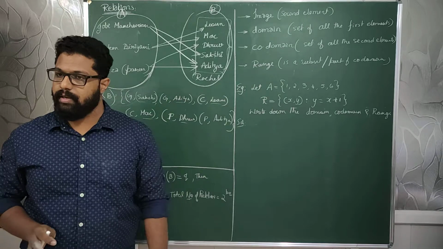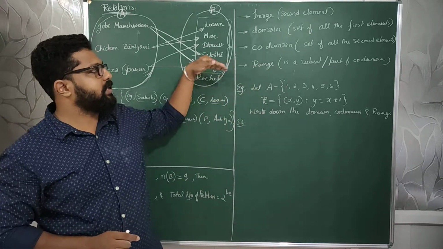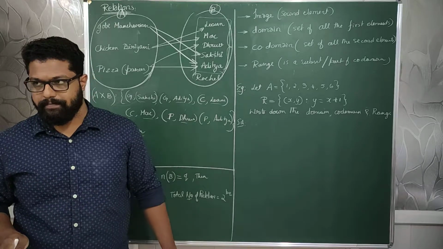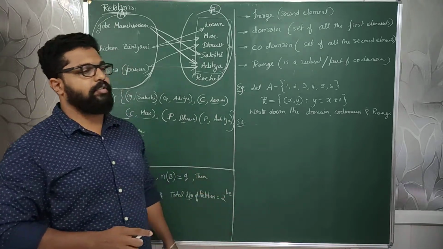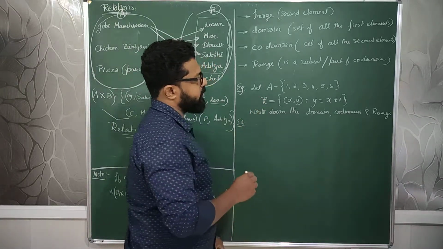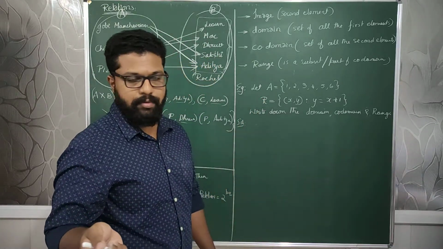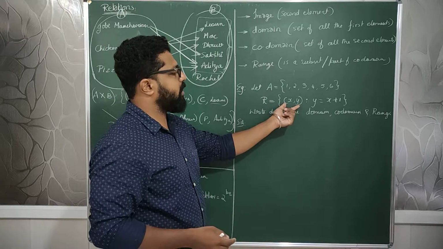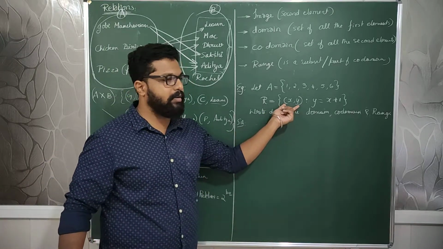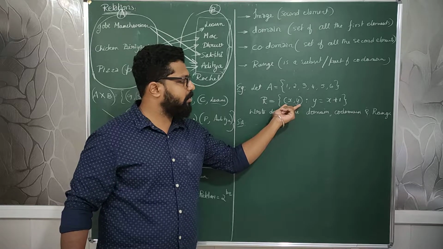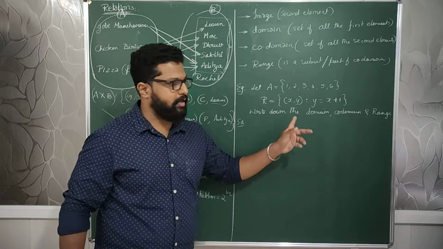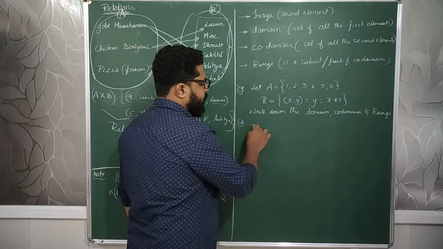That's it. Clear? So this is the basic understanding of relation, image, domain, codomain, and range. We will solve a problem in order to understand it better. To go through this example, imagine the numbers are given as 1, 2, 3, 4, 5, 6. Then the relation is defined in set builder form, that is, (x, y) is defined as y equals x plus 1. Sorry, x plus 1.